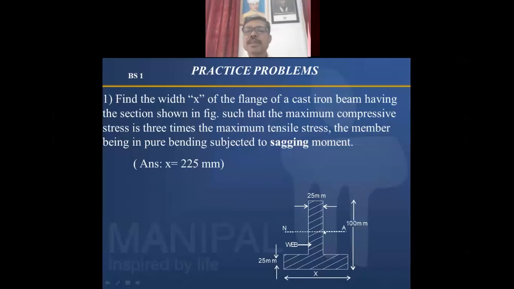Everyone try. Take x is equal to 25 and give me the value of I and CG. How far is this neutral layer from the bottom? Find y bottom and y top first, then we will find I about the axis. Okay, so I am muting myself because we have 20 minutes to complete this problem. So try to find out I, y bar and Ixx by taking x is equal to 25 within 7 to 8 minutes.